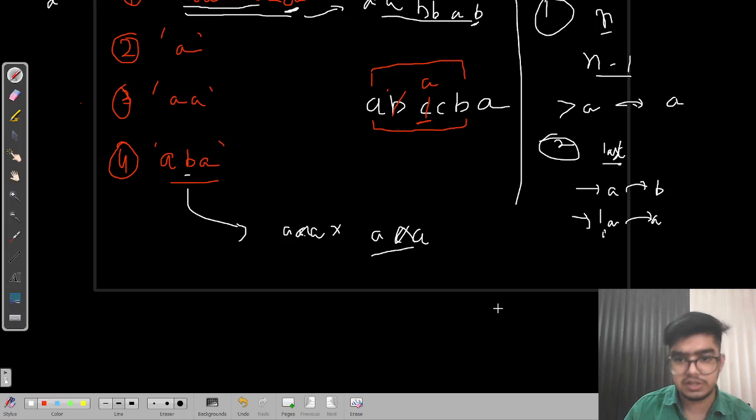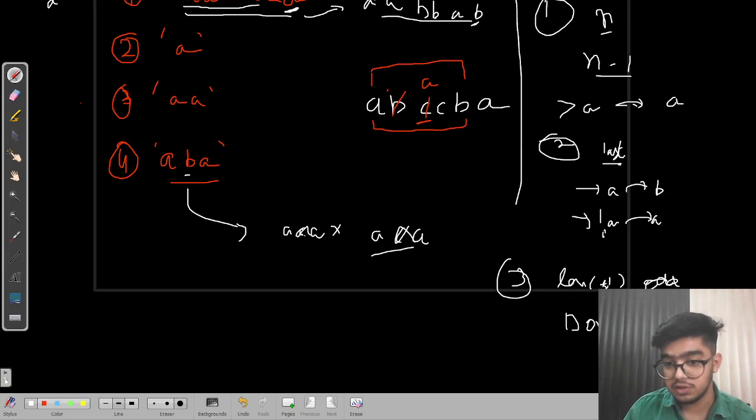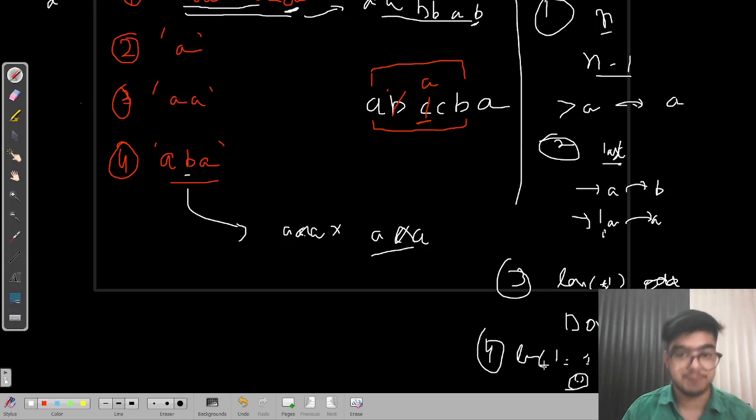The third condition is, if the length of the string is odd, we don't change the mid character of the string, right? And the fourth thing is, if the length of the string is equal to 1, we have to return the empty string. And our question is solved actually. These are all the observations we can make from all these test cases.